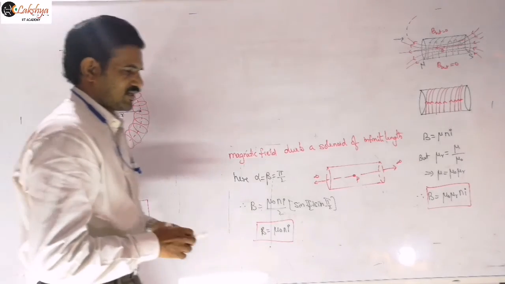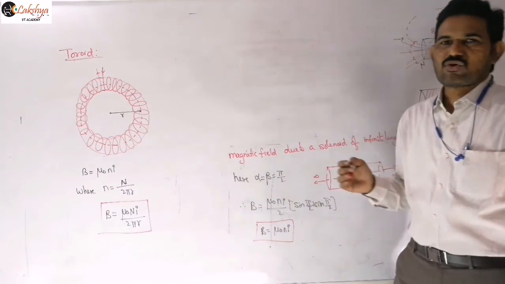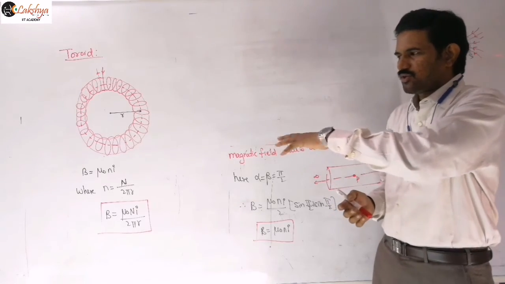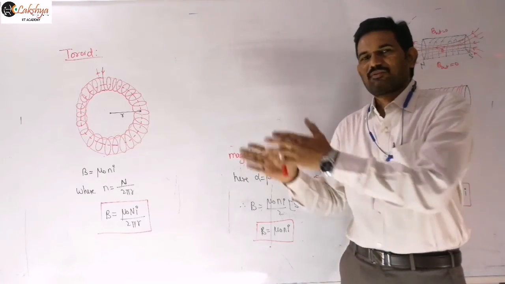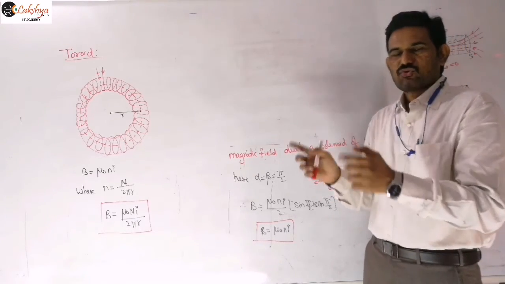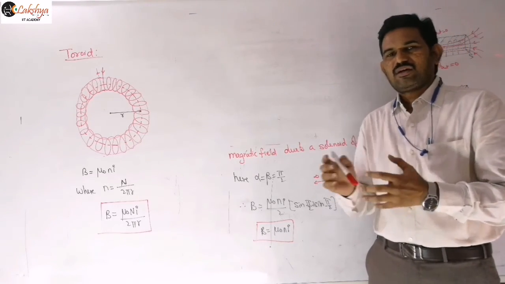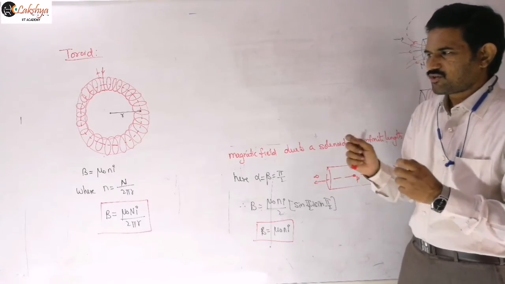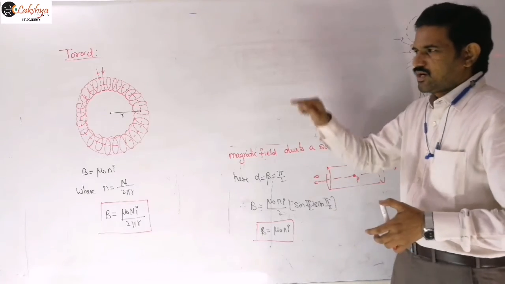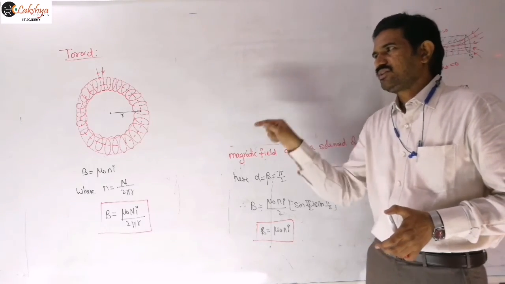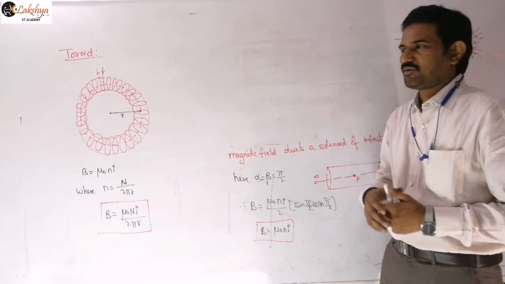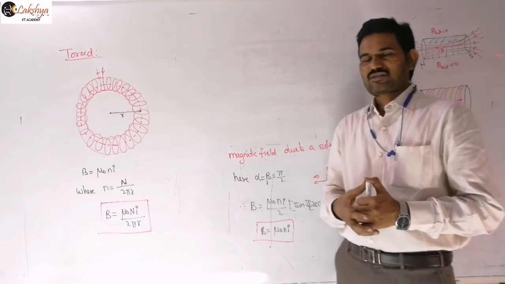Just observe, it is nothing but our solenoid expression only. The number of turns per unit length, we replace in terms of the total number of turns. That means we define small n as N by 2 pi r, where 2 pi r is the length of the solenoid. We are just replacing that, so that is nothing but the magnetic field due to this toroid. And the magnetic field will again be confined within this toroid only, that means within this circular tube only, right? That is another point you need to remember here. So that is the magnetic field due to the toroid expression.